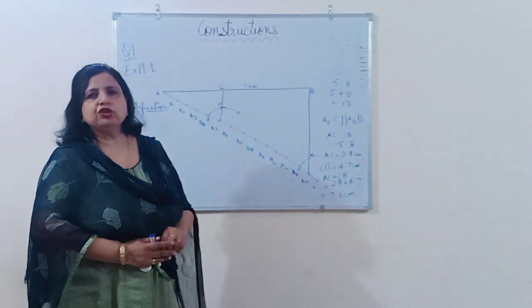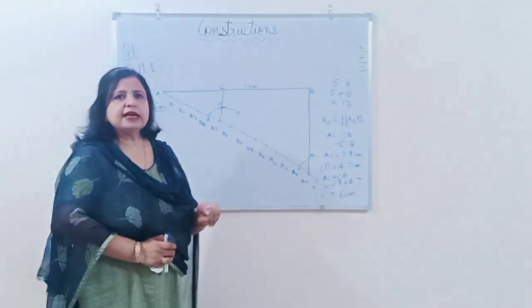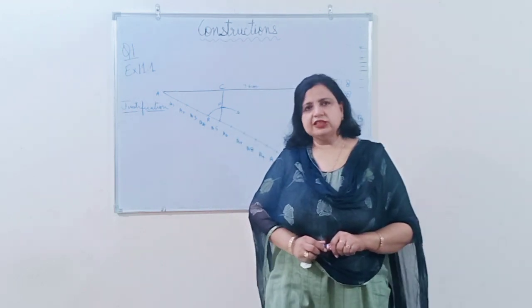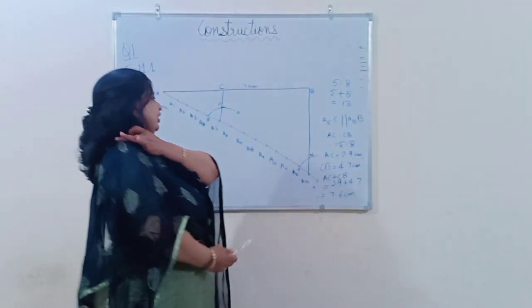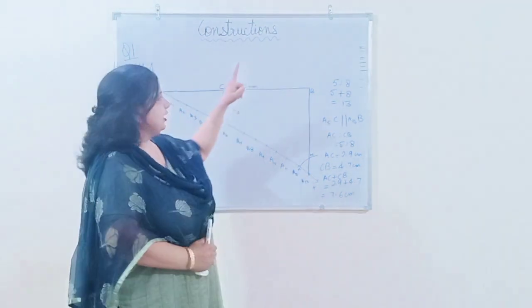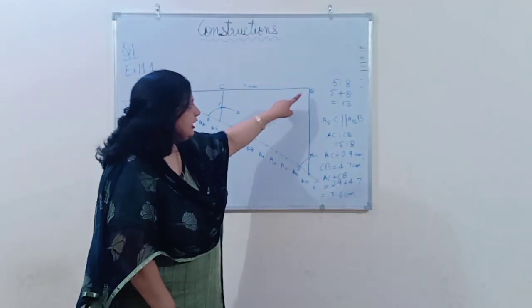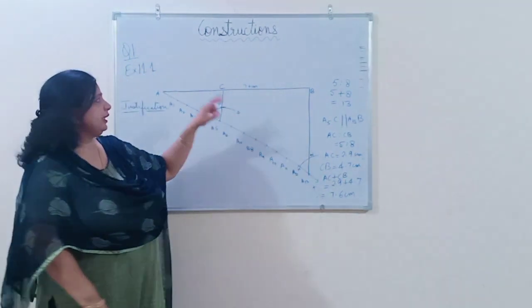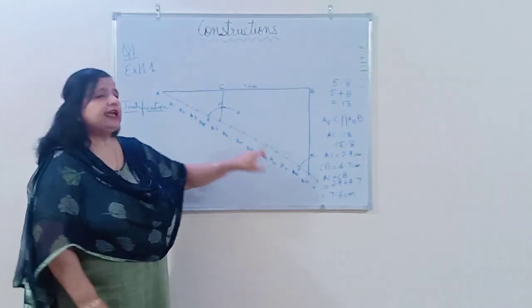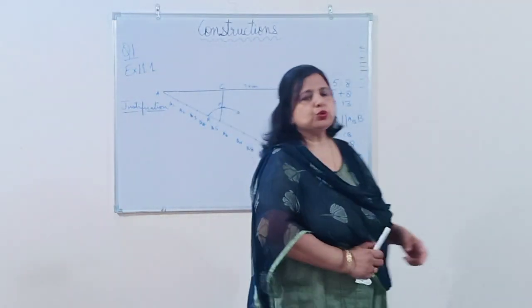Now the basic proportionality theorem says that in a triangle, if a line is drawn parallel to one side of a triangle intersecting the other two sides, then the other two sides are divided in the same ratio. Now if we take triangle A13B, and in this triangle, a line A5C is drawn parallel to A13B, parallel to one side of a triangle, intersecting the other two sides. The other two sides are AB and A13. Then the other two sides are divided in the same ratio.